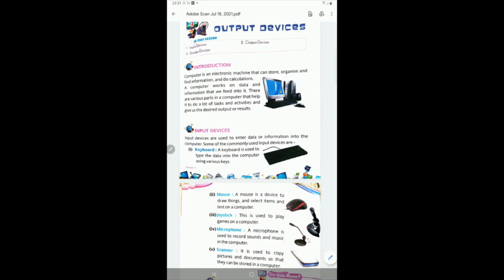The first main part is the keyboard, that is called the input device. Then the second part is process, where it calculates the input, and the third part is the monitor, where it shows the result to us after the processing. So in this lesson we are going to discuss all three types of devices: input devices, output devices and process device.